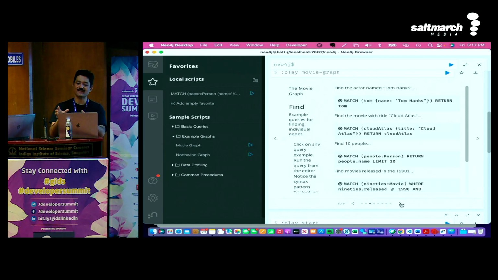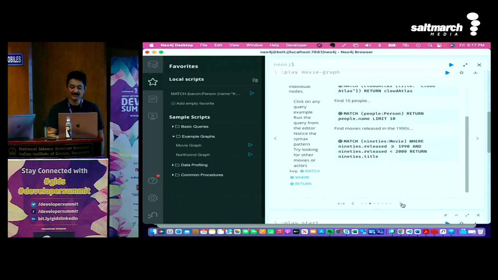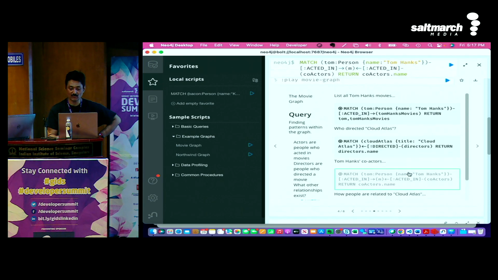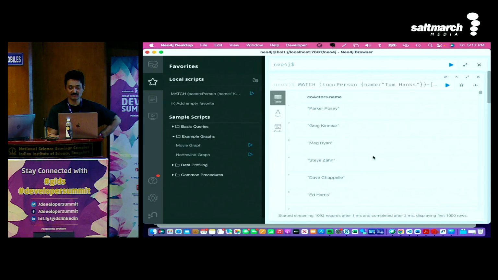I want to find out who's matching this, that is one way of looking at it. Who can introduce me to my new job which I need to go to? You can find that kind of query, like Tom Cruise with the co-actors who are working in different places. Tom Hanks and Tom Cruise never worked together, yes? So if you need to find out who all the co-actors they were working with are, you can find that information here.